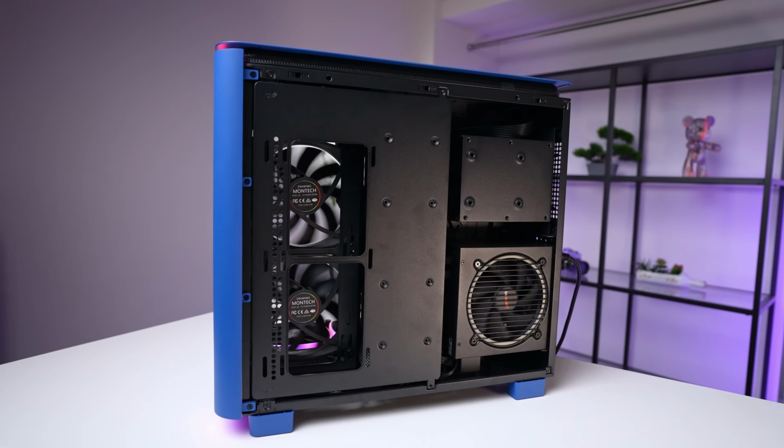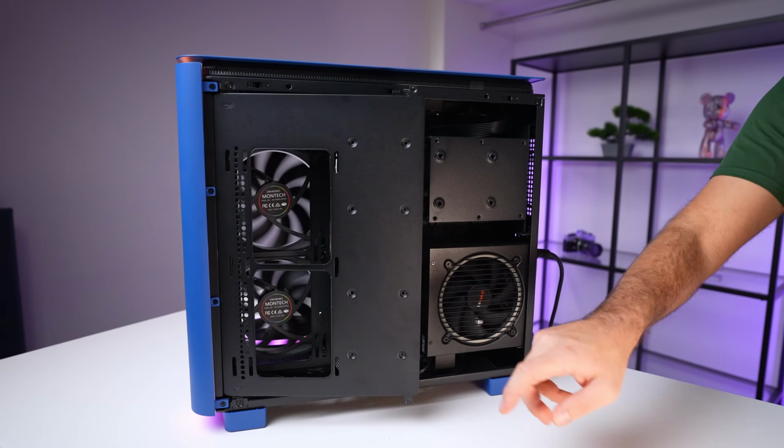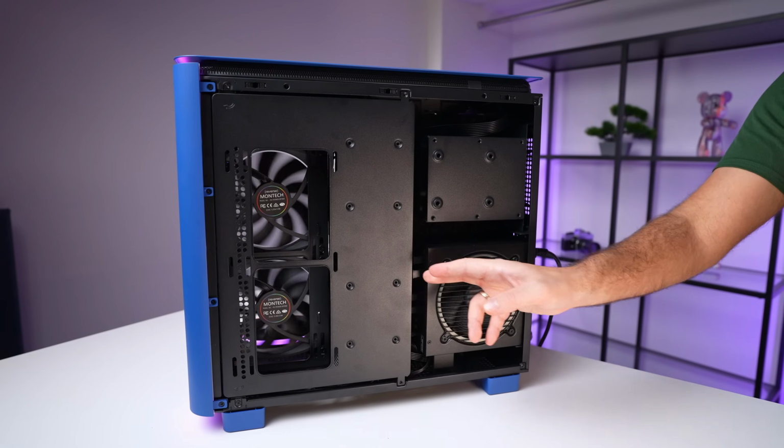However, it can be somewhat cumbersome during the building process. When opened, the door tends to flap around, which can be inconvenient, especially since I prefer to set up a PC while it's laying flat on the side of the desk. I wish I had a little retention mechanism so I could just hold it in place when turning the case